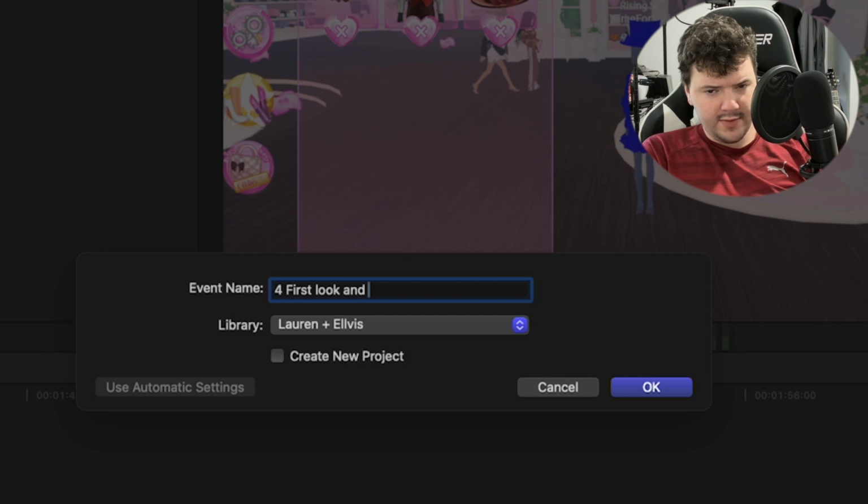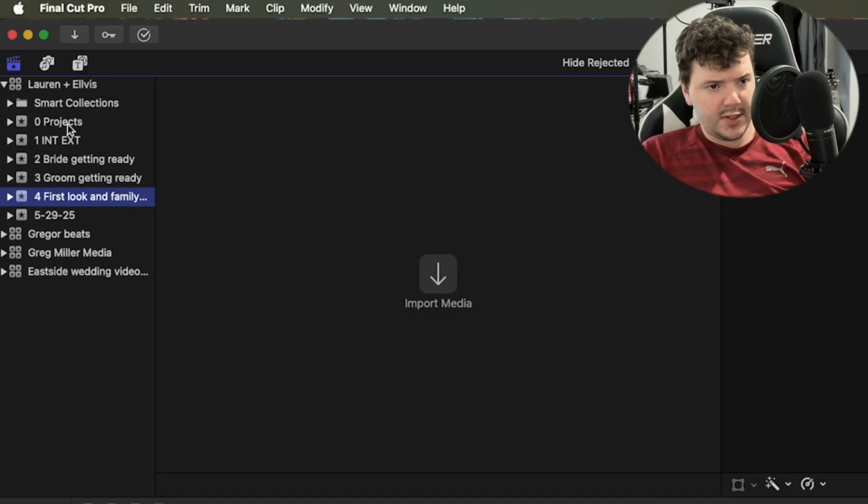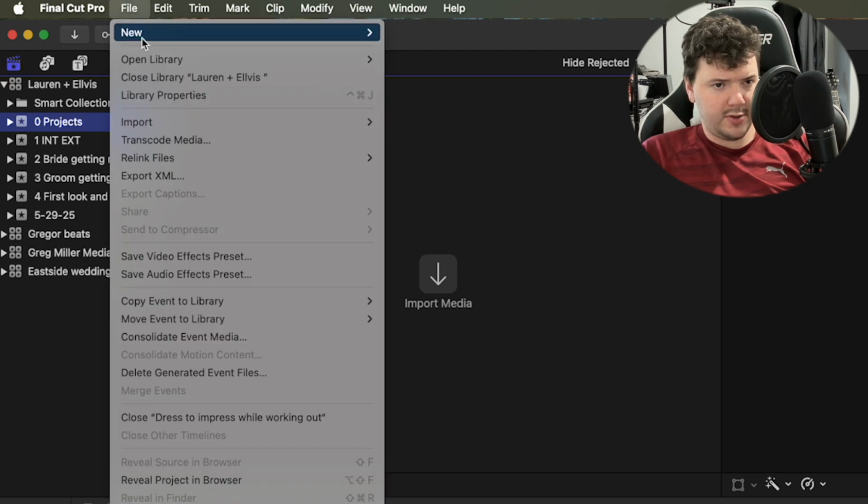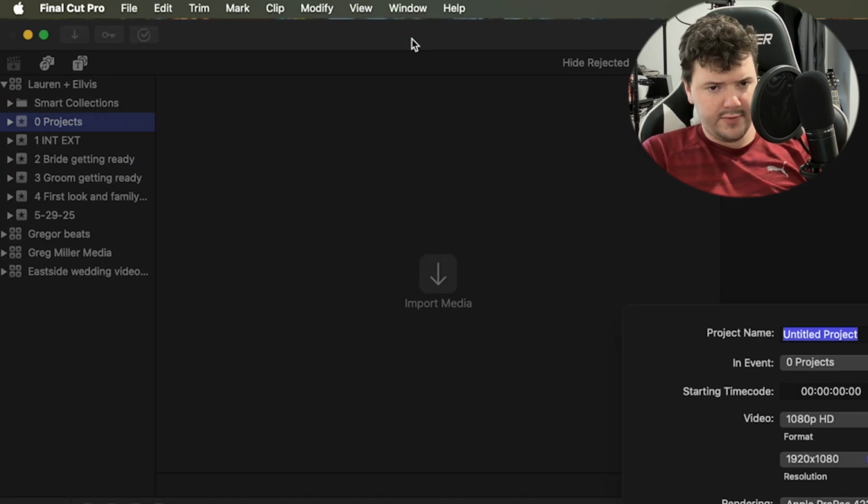And usually after the first look, there's family photos. And since first look's usually just like one video, I like to add these two together. The other thing is, on the projects, I'll usually have the